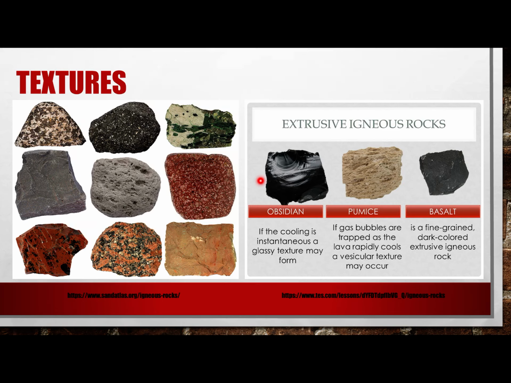You might also have glassy. This, again, has a very shiny appearance, looks a bit like glass. This is a good example of an extrusive rock that cools very quickly. The same is true for pumice over here, which is a vesicular texture. For this one, tiny gas bubbles were trapped in the structure and it cooled so quickly that they were left behind. Both of these are kind of flash cooled. Both of these got erupted out of a volcano and cooled very, very quickly. But one of them took on this really dark appearance. One of them trapped the gas bubbles in.